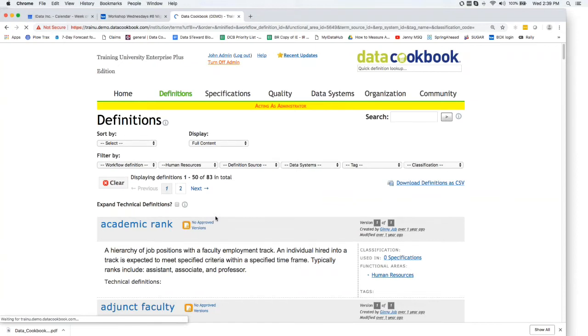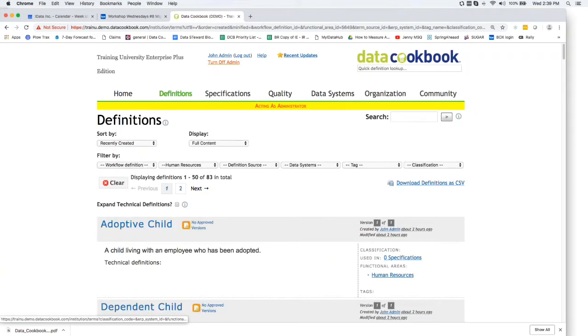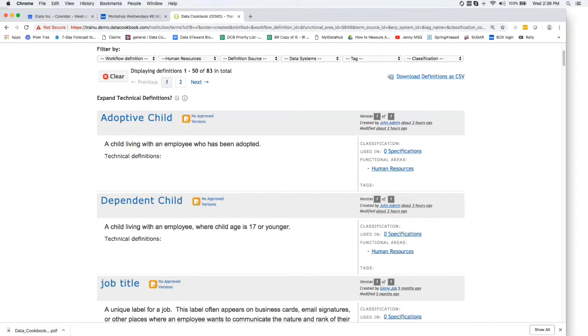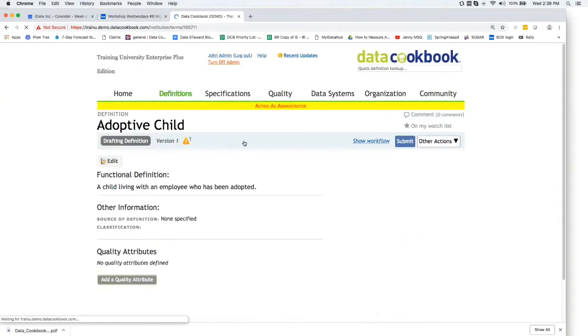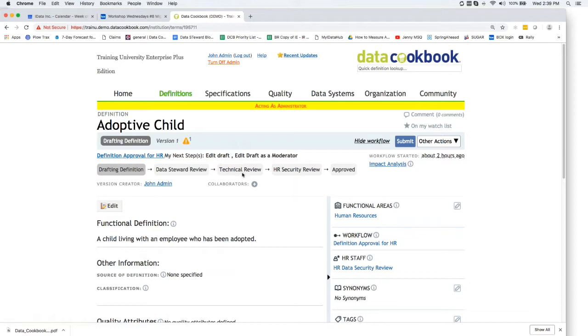Actually, let me select recently created in the HR area. I created 2 earlier today, adoptive child and dependent child. So if I click on that and I open up that workflow, there I have my 1, 2, 3, 4, 5